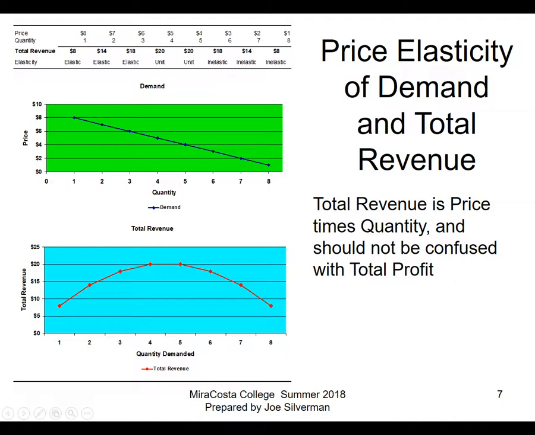Let's say at a price of 5, we sell 4 units. What's our total revenue going to be? Our total revenue is 4 times 5. That's equal to 20. Wow. Every time we drop the price, our total revenue goes up. Maybe what we need to do is drop the price one more time. So now what we're going to do is drop the price from 5 to